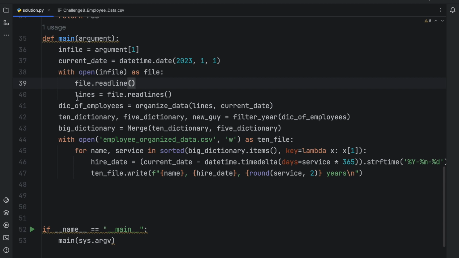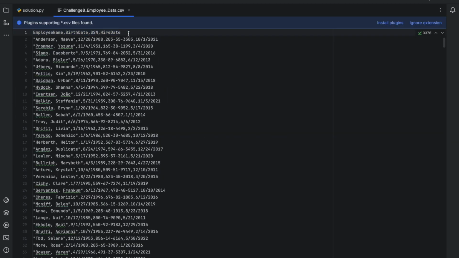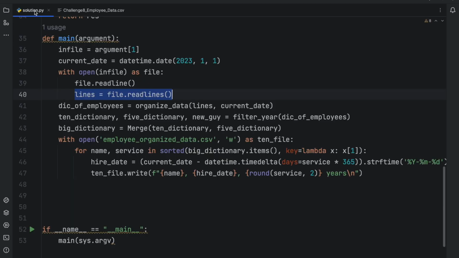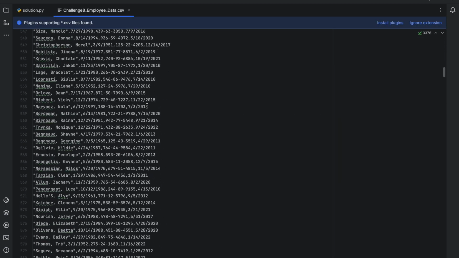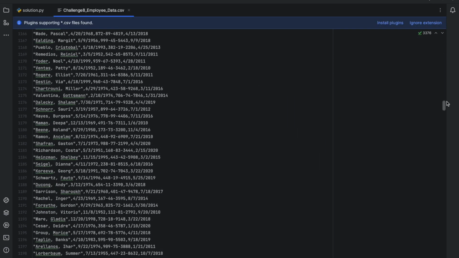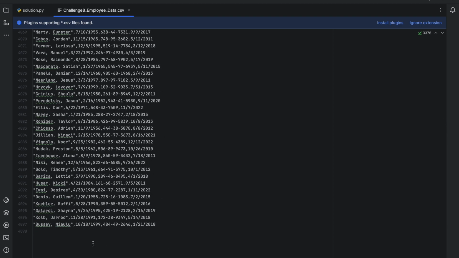And then I read the rest of the lines. So the nice thing about Python is once it reads one line, it'll automatically start at line 2 the next time. So it reads from line 2 all the way down to the end of this,